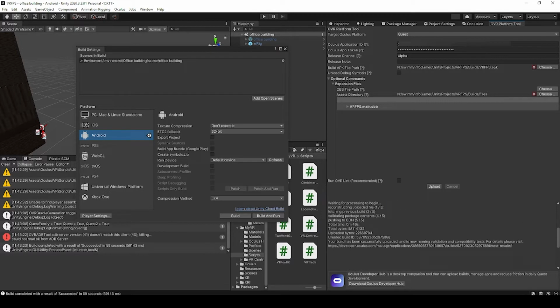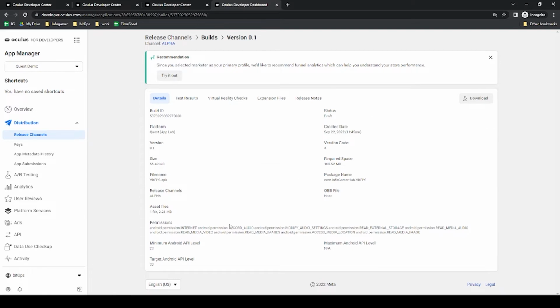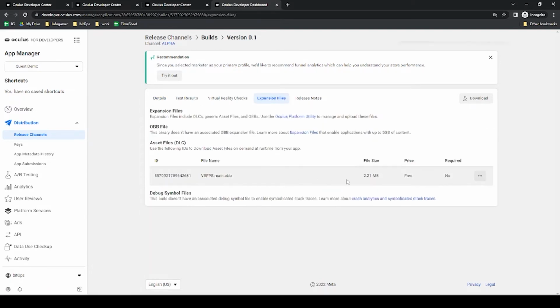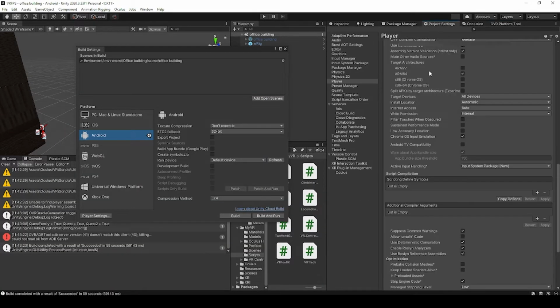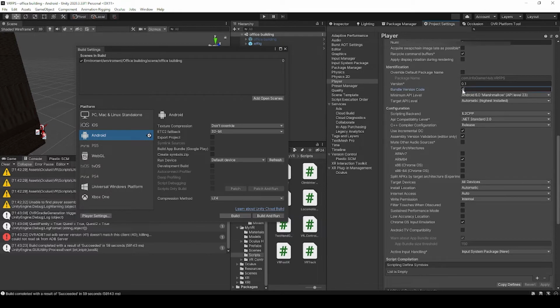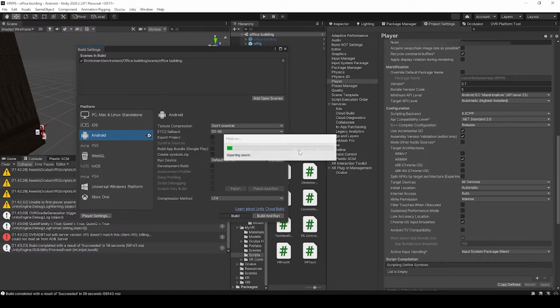here you can see that the files have been uploaded successfully. And in the Oculus developer console, you can see that my most recent build has expansion files, which is the OBB file. Now this causes two main problems. Number one, your OBB file will never actually be loaded by your game, so you'll end up being stuck in your first scene. The other problem is dealing with fixing this issue, in that if we do a new build